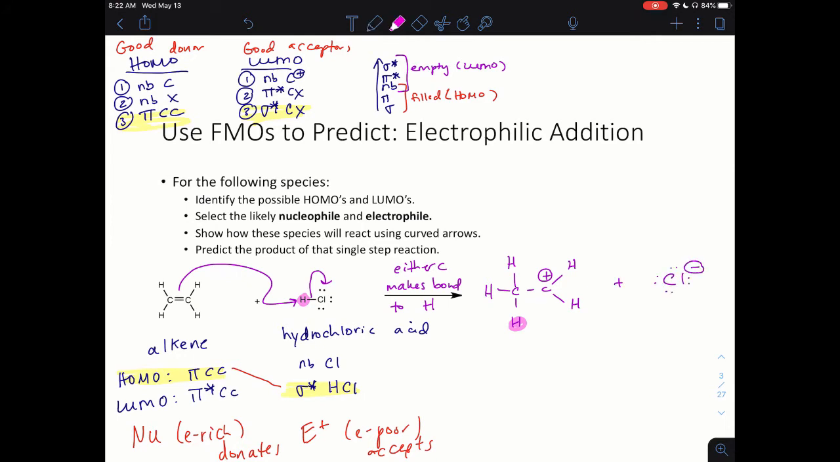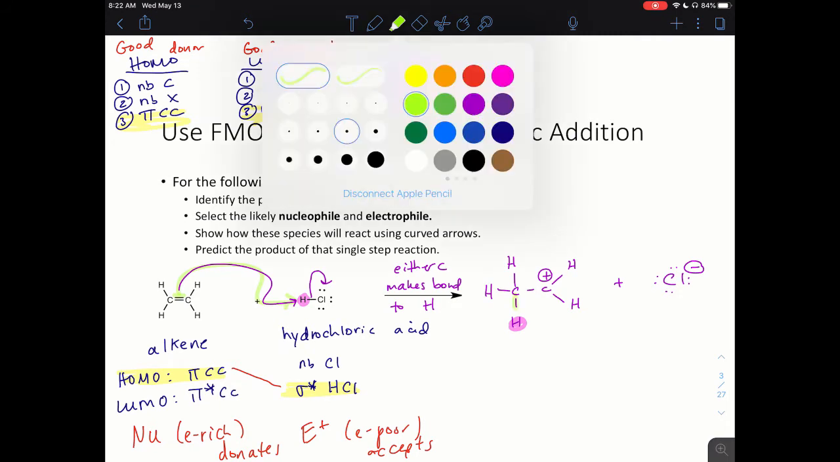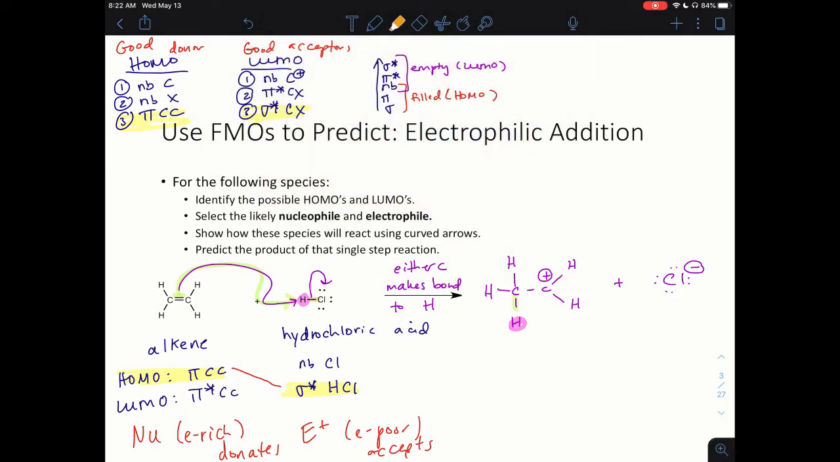Make sure that you know where each pair of electrons went. So the electrons in the pi bond, pi CC, they made the bond to hydrogen. And when you filled up sigma star, you broke sigma, those electrons went to chloride. A couple of points here. A sigma bond was made, broke sigma HCl. And then this carbocation carbon